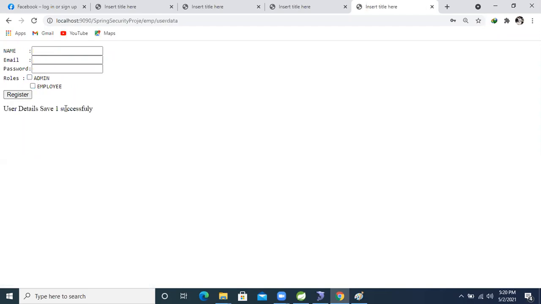User details saved successfully. One more person, let's take the name Ganesh, G at the rate gmail.com, password 12345 again.